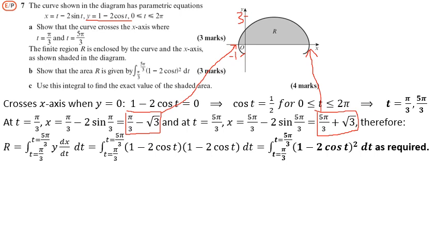We put pi by 3 and 5 pi by 3 for the limits, and then I've immediately written here, instead of y dx, we got y dx by dt multiplied by dt. So the dt goes in straight away. You can do it all in the same line. And then we just need to replace the y section by whatever y is, and the dx by dt section by the derivative of x with respect to t. That does simplify. As you can see, those two just happen to come out the same,